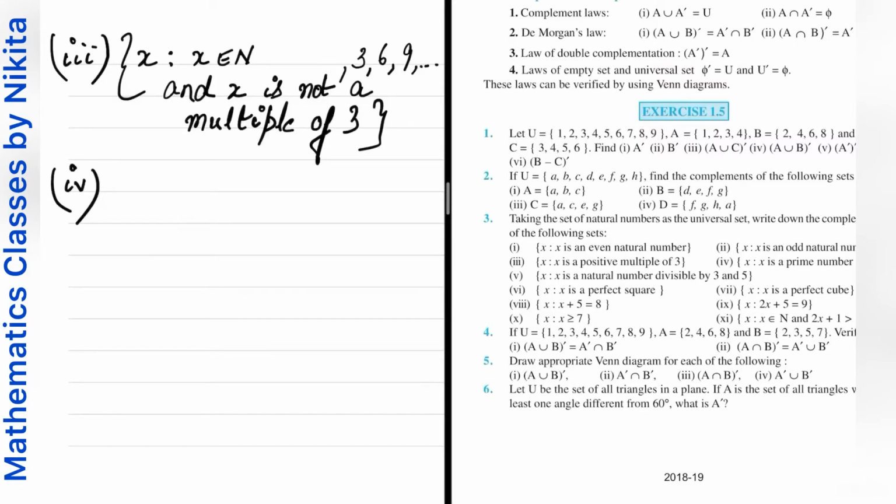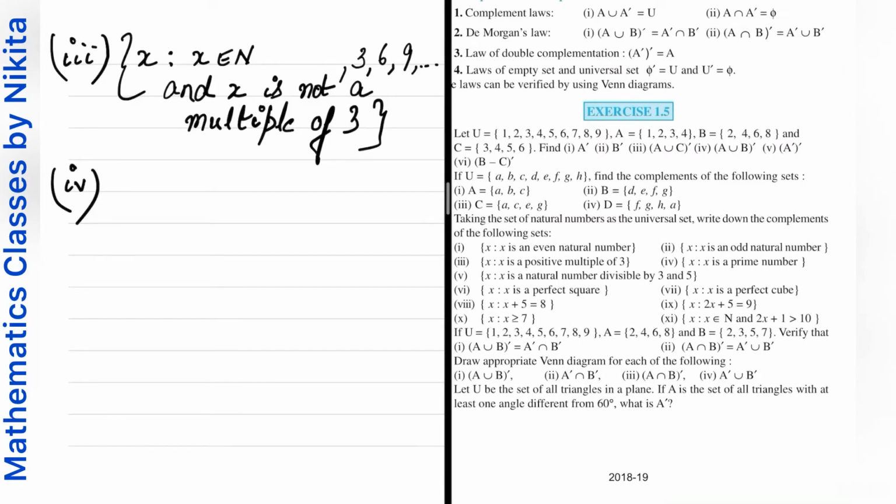Now next part says that all those x such that x is a prime number. अब इसके अंदर इसने सेट के अंदर ये स्पेसिफाई नहीं करा कि x belongs to n. क्यों? बिकॉज जब प्राइम नंबर्स की बात करते हैं तो प्राइम नंबर्स की डेफिनेशन के अंदर ही होता है कि a natural number x is said to be a prime number if 1 and the number itself are the only divisors of x. ठीक है, तो इसलिए इसने क्वेश्चन के अंदर स्पेसिफाई नहीं करा कि x is a natural number because it is implicit that if we are saying that x is a prime number that means it is a natural number.